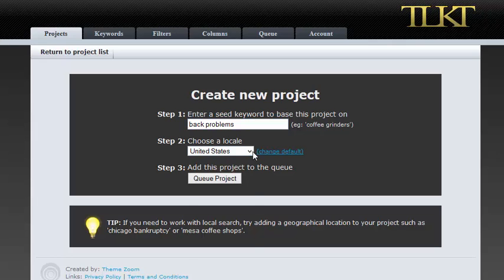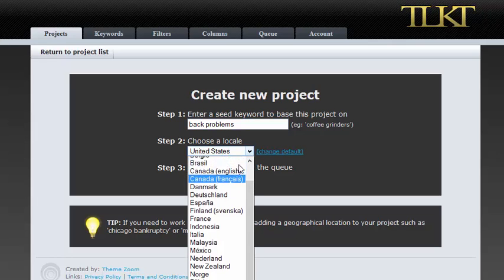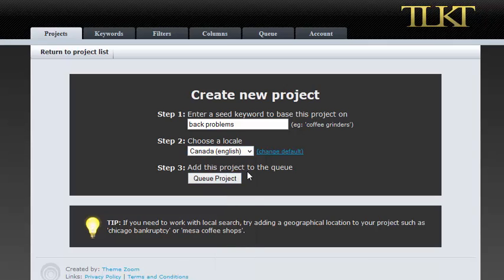So for instance, let's say that instead of United States, we choose Canadian English. Then we would go to search engines for the English-speaking part of Canada, and we would look at the websites that are the top-ranked websites on Google and Yahoo and Bing, and we would collect all of that data. So we do two or three things with this data. One is we sort through it and we look for keywords that are going to actually end up in your project, and the other thing is we create what we call a corpus, which is just a fancy word for